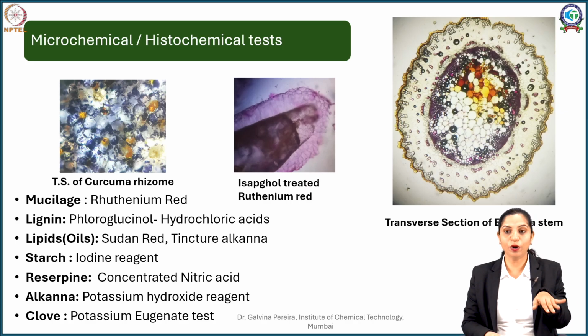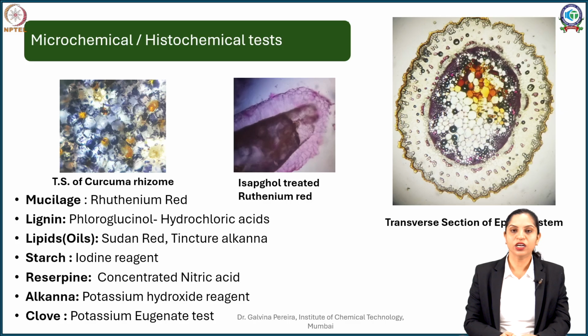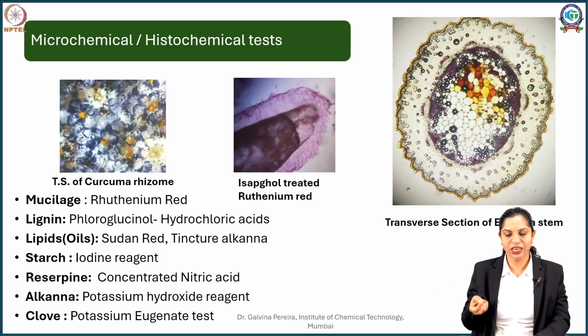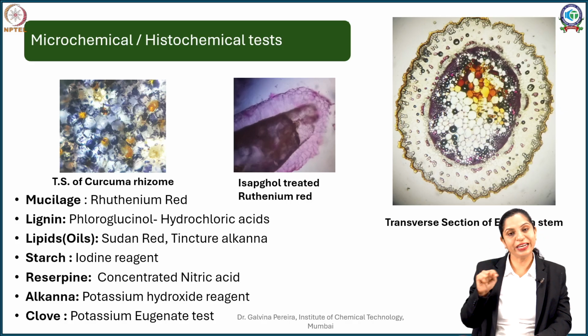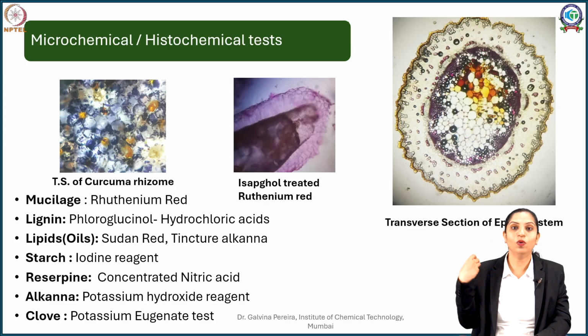If the section or a part of the section is turning blue, in that case you can tell that definitely it's a genuine alkana drug. Similarly for clove, clove contains volatile oil and a chief constituent of that volatile oil is eugenol. So if you have a clove thick section and you drop in your potassium hydroxide, within those oil cavities you should see crystals of potassium eugenate. If you are not seeing it, that means the clove has been deprived of the oil.